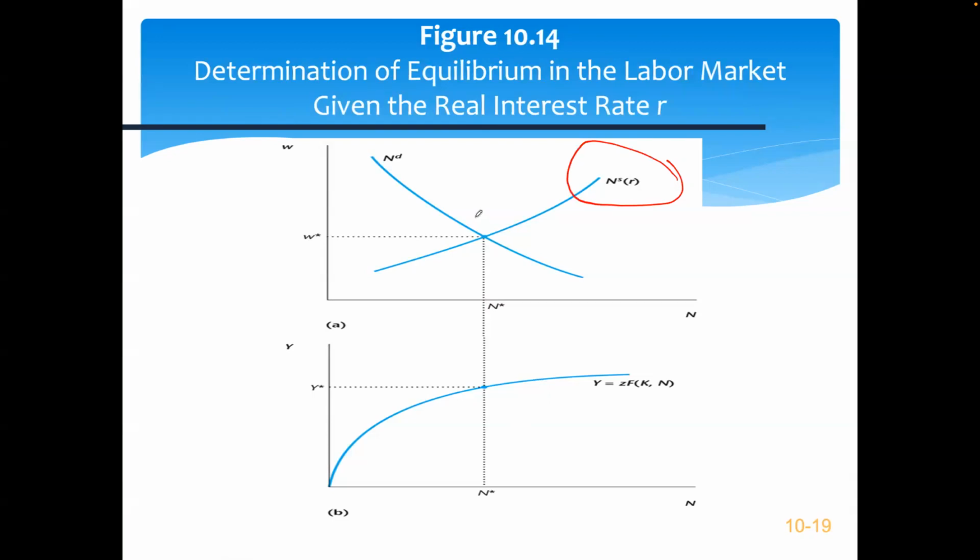Now, the labor demand is coming from the firm side. That's what we just discussed, right? It's a downward slope. Why is it a downward slope? Because the marginal productivity of labor is decreasing with the labor you hire, right? But at the margin, you want to keep your marginal productivity of labor equal to the wage, okay? Hence it becomes decreasing. Now in this market, in the clear, it must be the case that they are equal